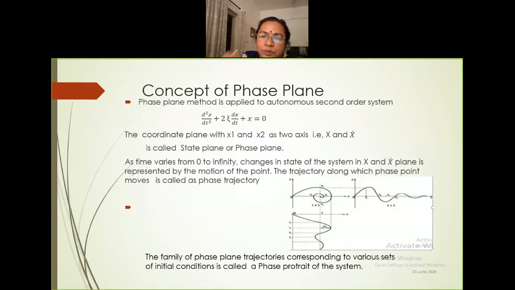Plot each and every point to the x dash plane. Okay, that is at t1, what is x? At t1 the value of x is this much. At t1 the value of x dash is this much. You trace back to the x dash plane, you will be getting this point, only 1 point. Okay, at t1, 1 point.